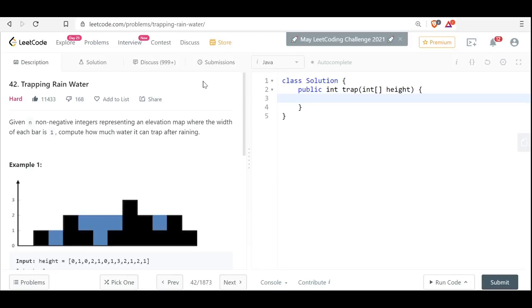Hello friends, now we are going to solve the question trapping rainwater, right? So basically we are given some sort of building structure, some sort of height structure, and we need to find out, whenever the rain comes from above, how much maximum water you are able to store, right? And we need to ignore the outflow of the water.